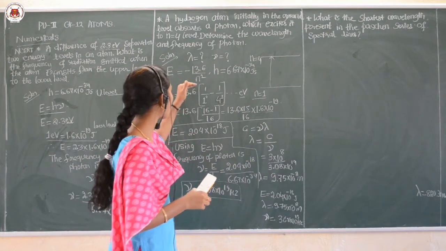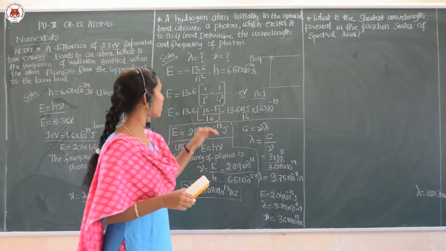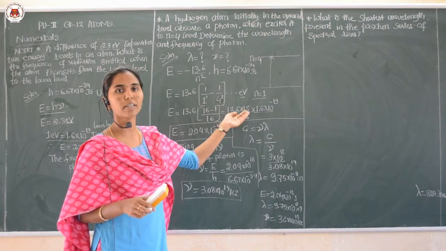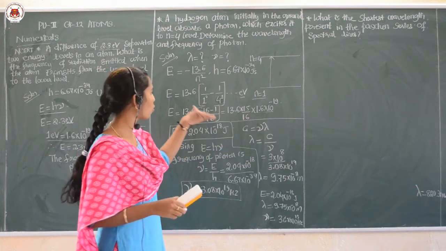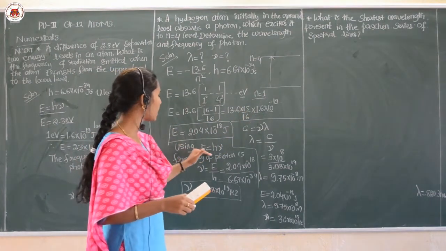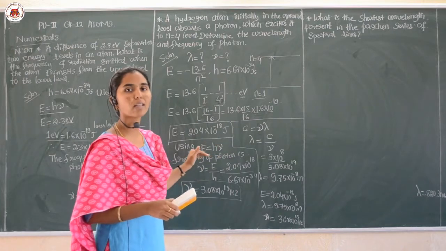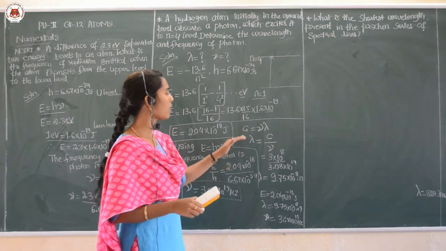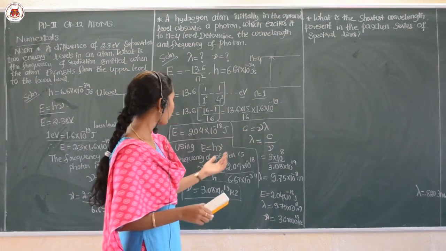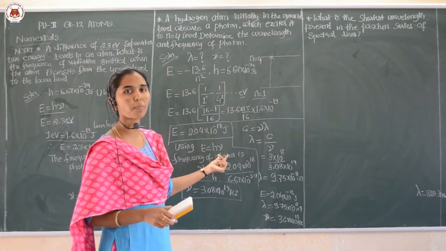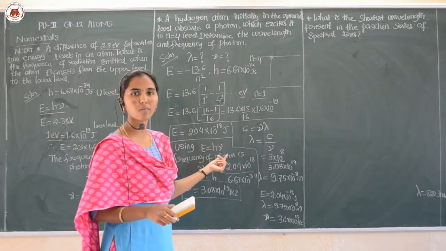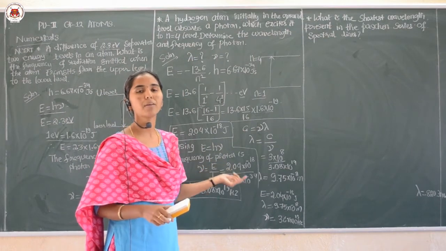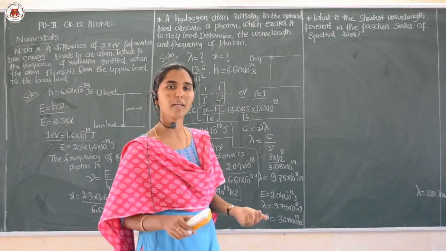So, the steps to find the value of the energy: first, that energy is most of the time given in electron volt, and you need to convert it into joule. Then go for the formula E is equal to h nu, first to calculate the frequency here. Then after calculating the frequency, either you can apply this, or you can also apply c by wavelength. Then by using this you can also calculate the wavelength of the photon emitted here.